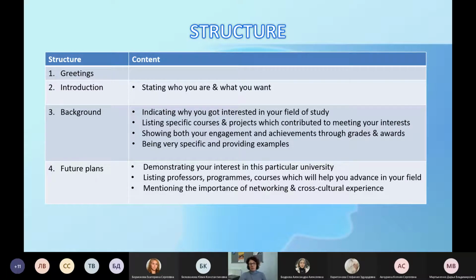So how do you compliment the university? How you prove that your choice was conscientious, that your choice was the result of research and thorough thinking. You can do that if you list specifics, that is, professors that are great and famous or have a very interesting, maybe, experience and background. Just like as an example,